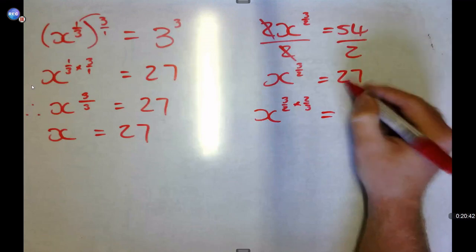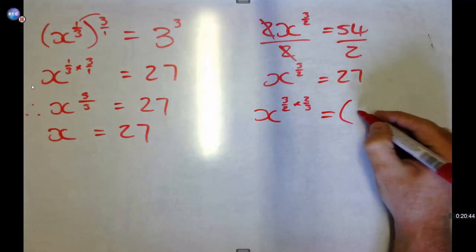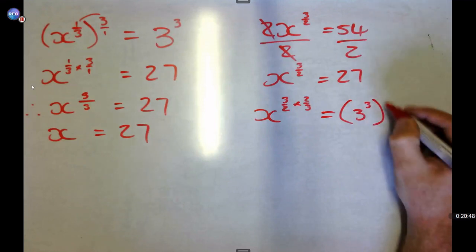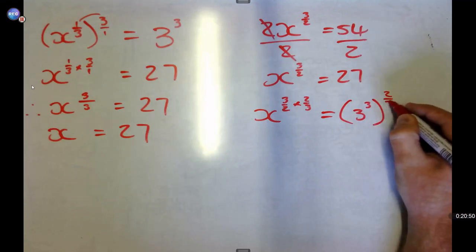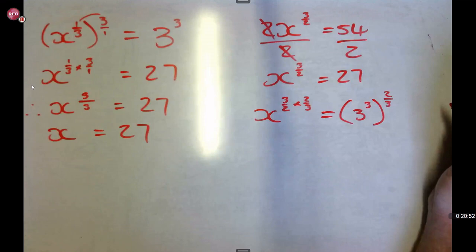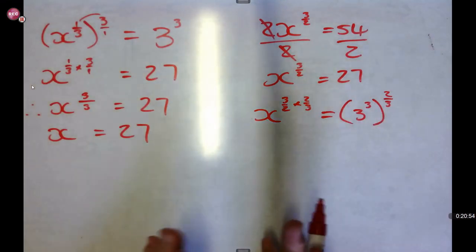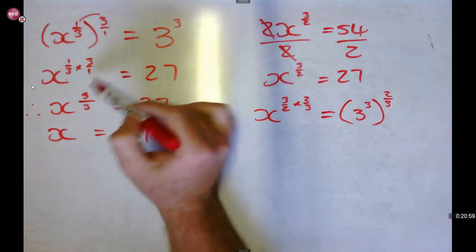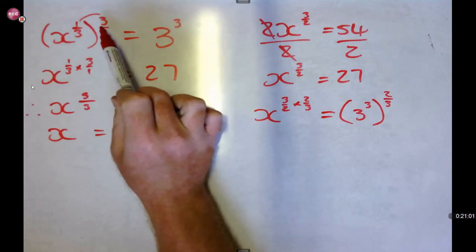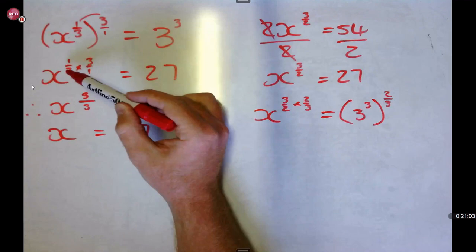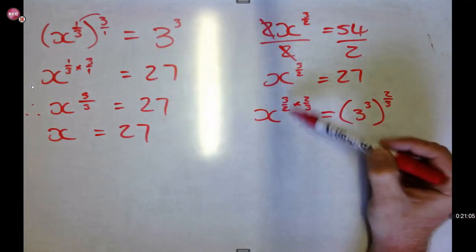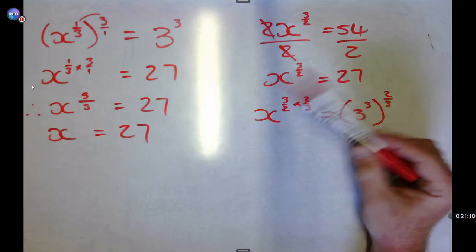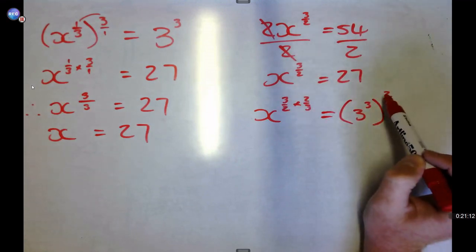And then what I do here is I break the 27 up into its prime factors. And then I multiply as well with 2 over 3 in this case. Okay. So remember, because it's an equation, whatever you do on the left, you have to do on the right. We didn't do that here because we already had the 3 that could get rid of the third. But over here we had to multiply by the reciprocal. So in order to get rid of this, whatever we applied here, we have to apply on the other side.